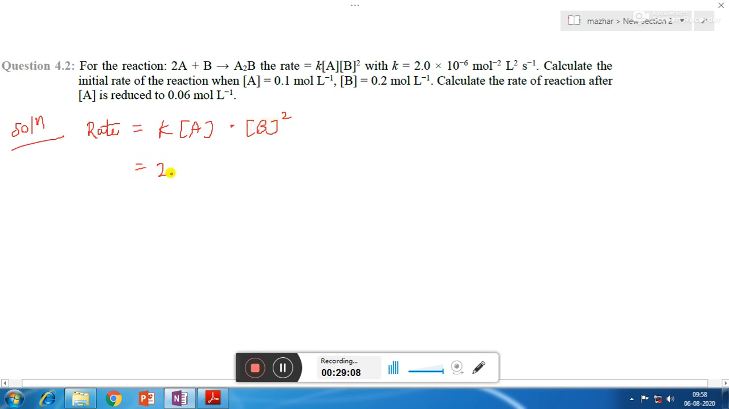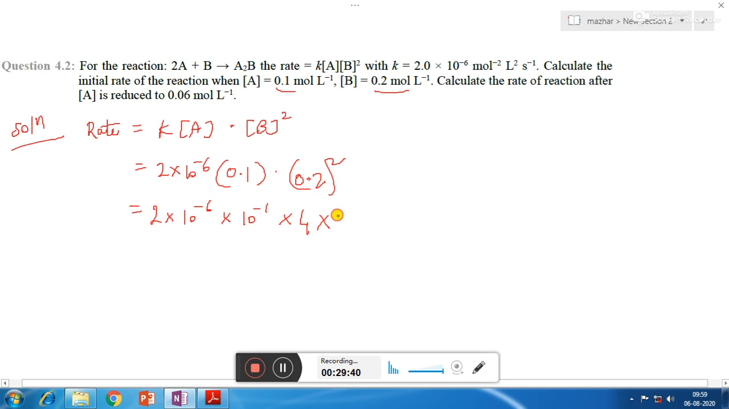Now K is given as 2 into 10 raised to minus 6. Concentration of A is 0.1 into concentration of B is 0.2, and thereafter we are having raised to 2. So that is equal to 2 into 10 raised to minus 6 into 0.1, which is nothing but 10 raised to minus 1, into 0.2 the whole square, which is 0.04. So that can be written as 4 into 10 raised to minus 2. So 2 4s are 8 into 10 raised to minus 9,